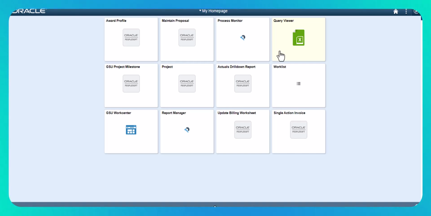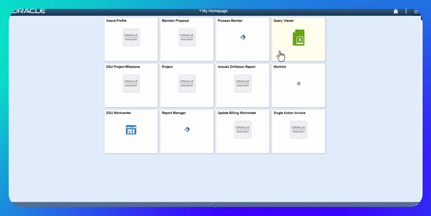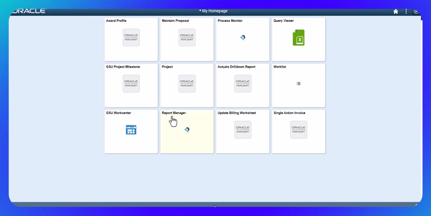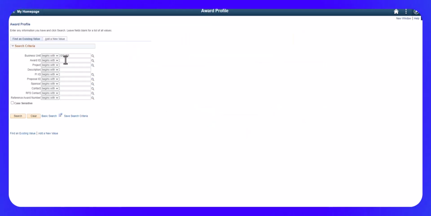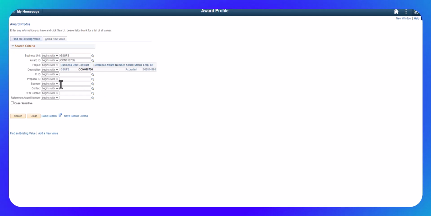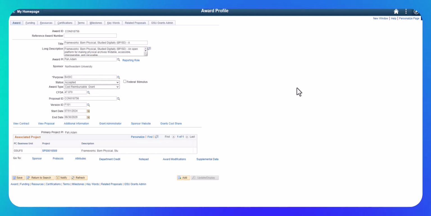Now we'll move on to step 2 of the new award setup process, which is award attributes. After you generate the award, navigate to the award profile in Spectrum. You can enter your CON in the award ID field or your newly created SP in the project field. Select search, and either one will bring you to the award profile page, and it brings you to the award